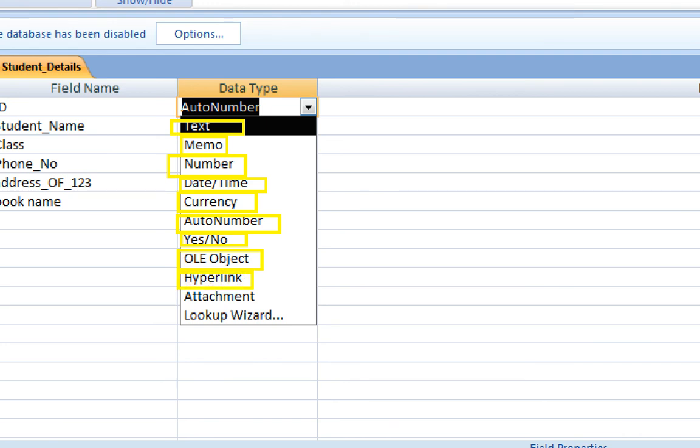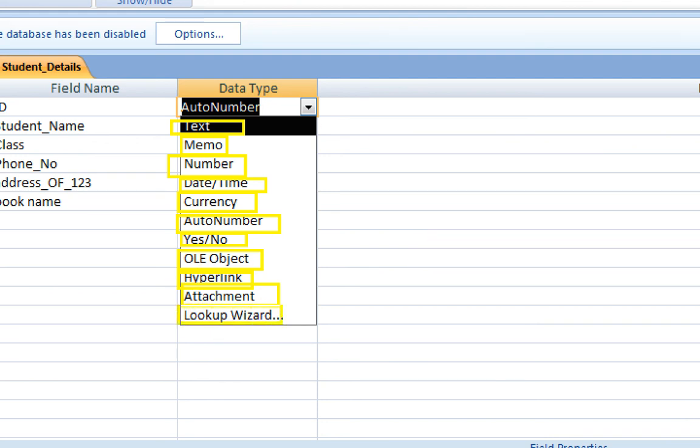Next one is hyperlink. If you want to give a navigation link or a website link in the database, then this field can be used. Next one is attachment. If you want to attach any file, then this field can be used.